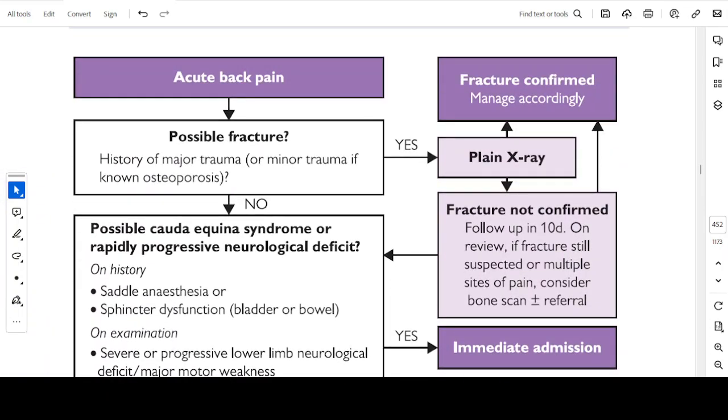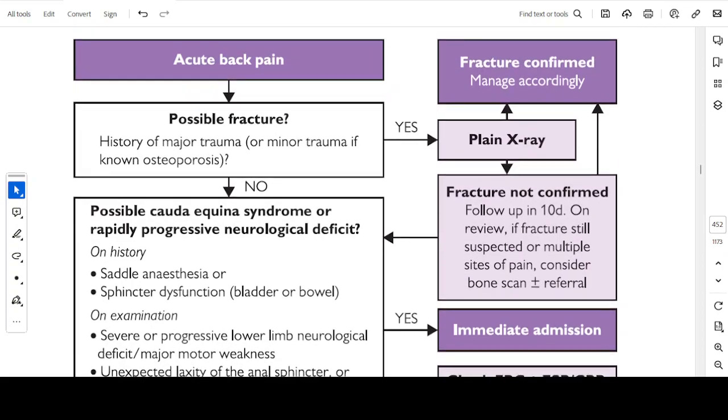Acute back pain, possible fracture: a history of major trauma, or minor trauma if known osteoporosis. If yes, if you are suspecting a fracture, do a plain X-ray. If the fracture is confirmed, manage accordingly. If the plain X-ray does not confirm a fracture, follow up in 10 days. On review, if fracture is still suspected or there are multiple sites of pain, consider bone scan plus referral,